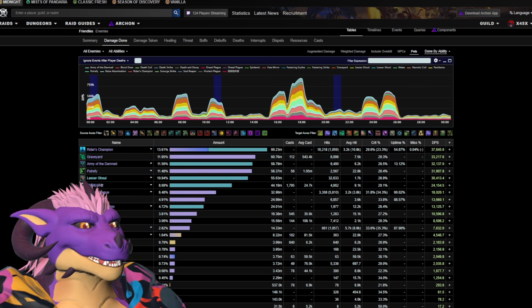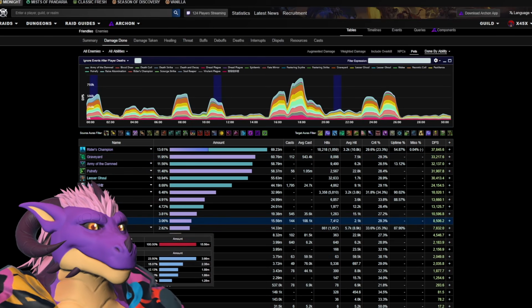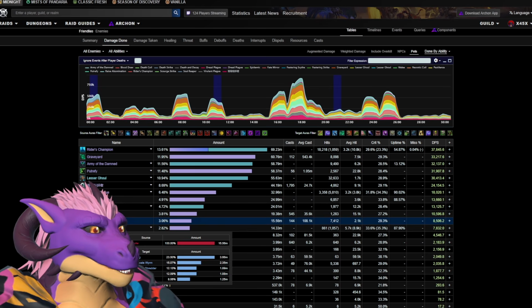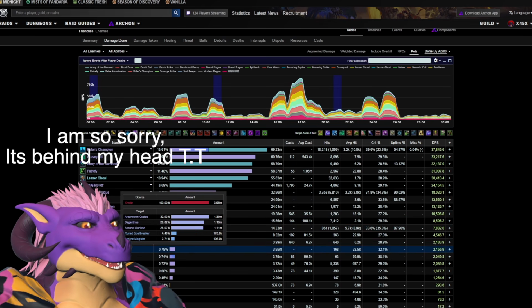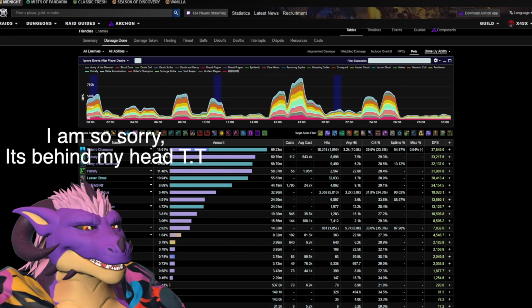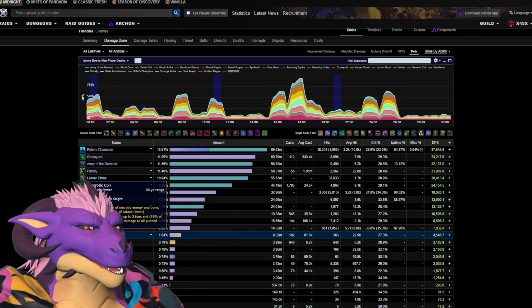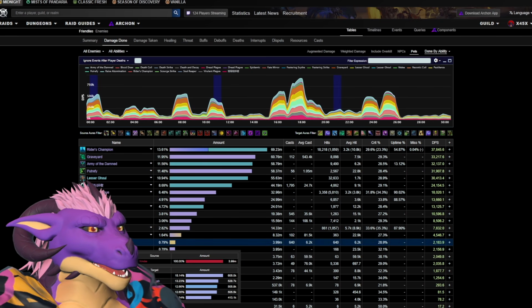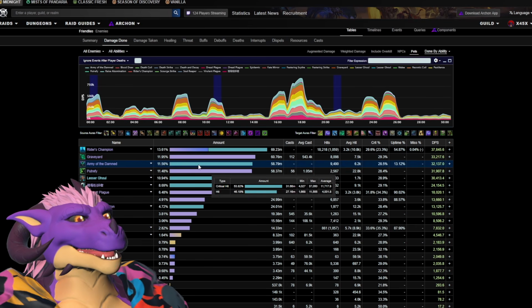We know Graveyard is an upgraded version of Epidemic, so we can look at Epidemic and Graveyard and go, damn, that's a whole lot of damage between those moves. So I know that that's a major amount of damage. I also know that Necrotic Coil and Death Coil are single target spenders, so they're obviously a little bit lower on my bar, but it's good to think about. In a boss fight, these might be the buttons I'm pressing more often, and I can always go check in a boss fight to see what that is.